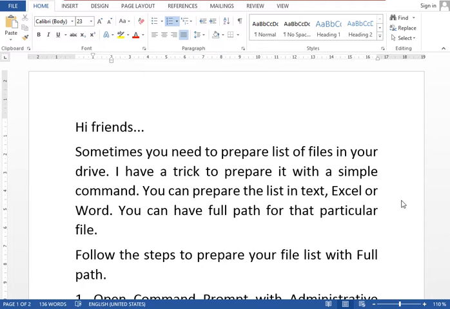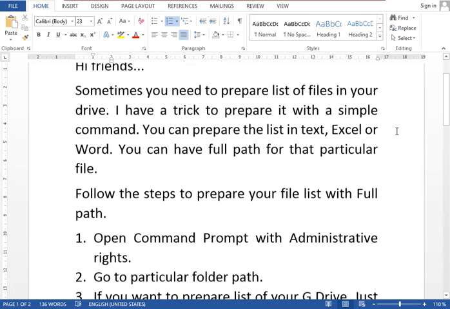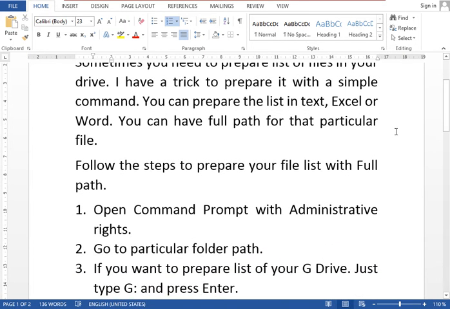The requirement is, once you meet your friend and he asks how many movies are stored in your laptop or desktop, you just tell him a few titles that you recently saw, and that's it. But by this method you can prepare the list of all the movies stored in your laptop or desktop with a simple command.